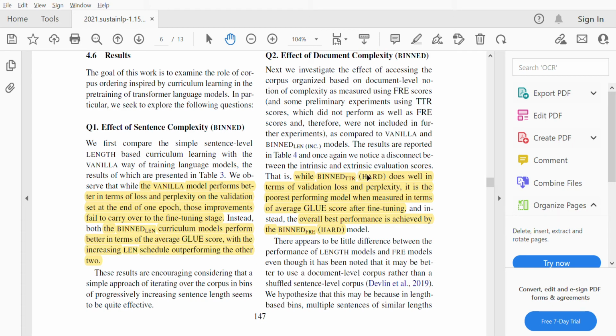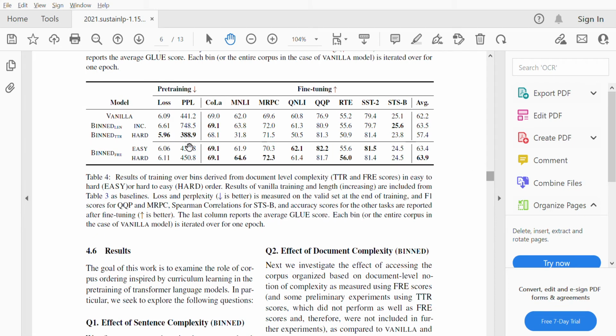So the bin TTR hard does well in terms of validation loss and perplexity. However, it is the poorest performing model when measuring in terms of average GLUE score after fine-tuning. Overall best performance is achieved by the bin FRE hard. So that is another thing that they also mention here that I think is relevant. These loss and perplexity scores don't necessarily have correlation with what the fine-tuning performance is,